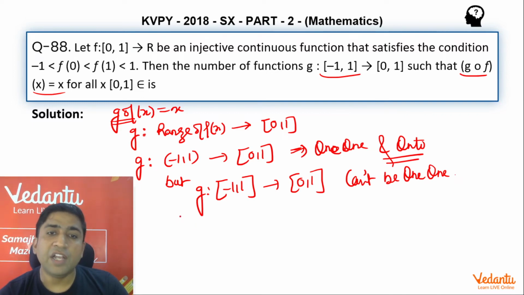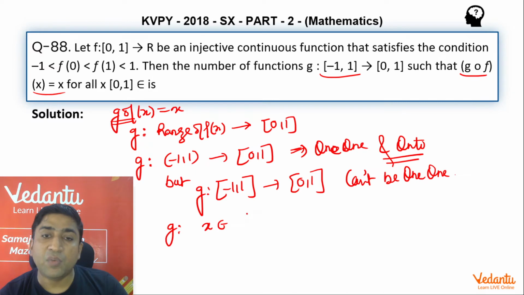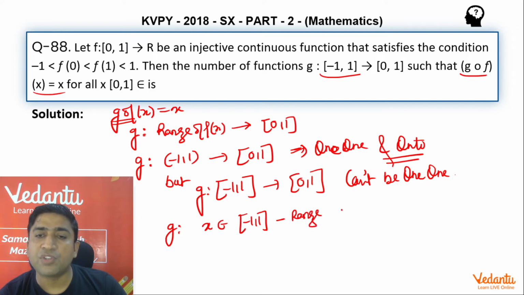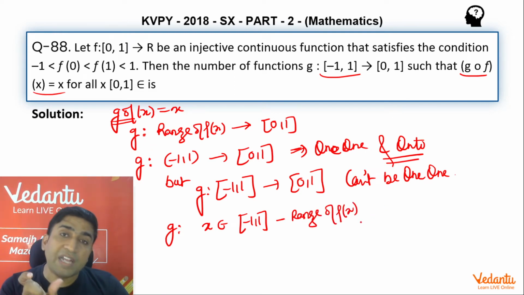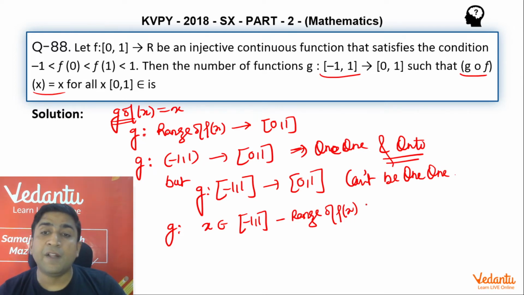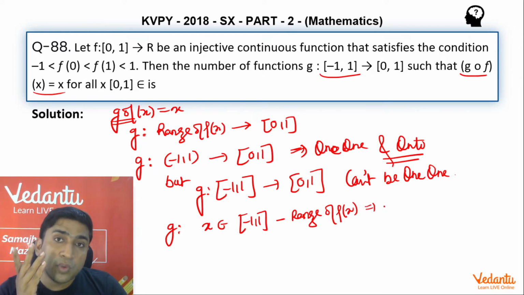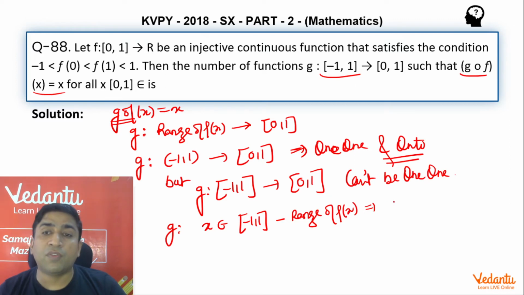The reason is very clear, because if I try to visualize g with respect to all the values of x which lie between -1 and 1, excluding the range of f(x), all the values of x which belong to this segment, g can map to an infinite number of options within the closed interval [0, 1].